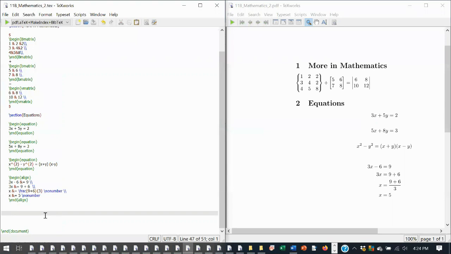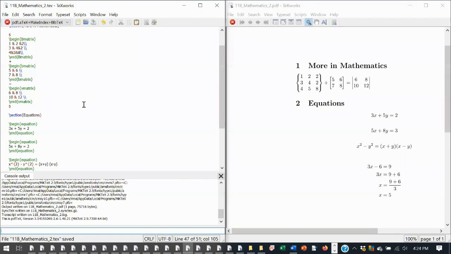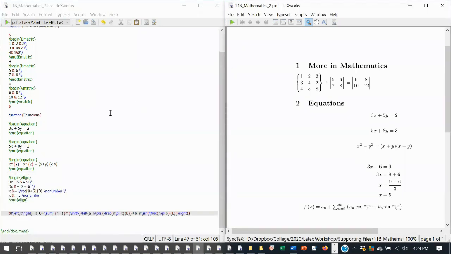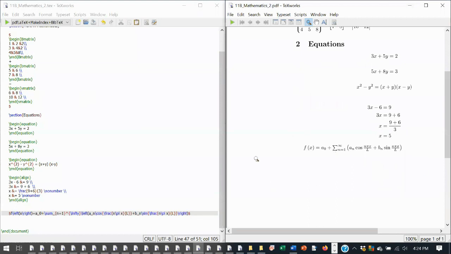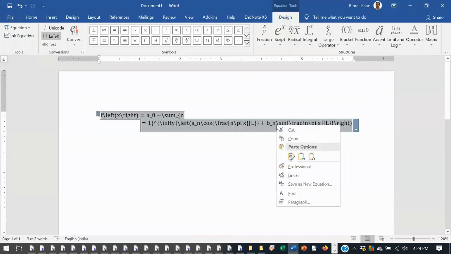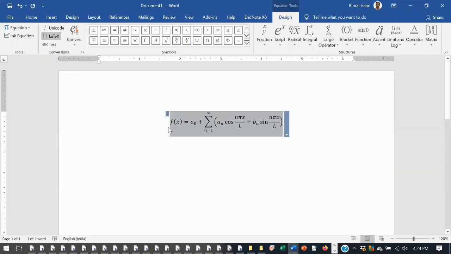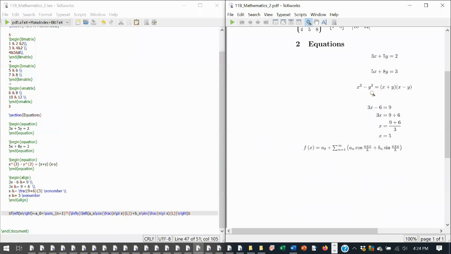Put it inside a dollar environment, and you compile. You get the equation. So if you're not able to type properly, this way also you can do the equations. This is a simple way which I'm telling you. This is also a way by which you can create LaTeX code. I think this will be useful.